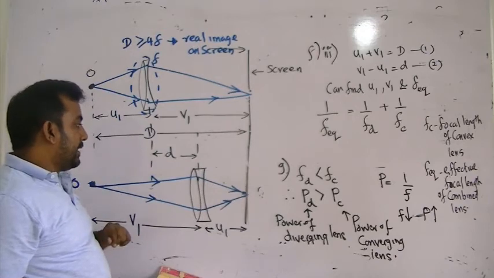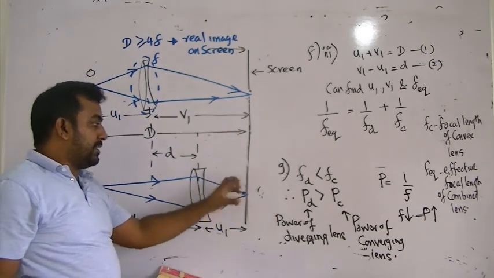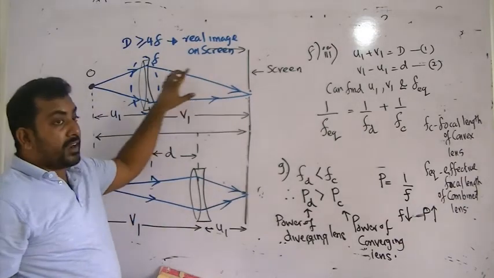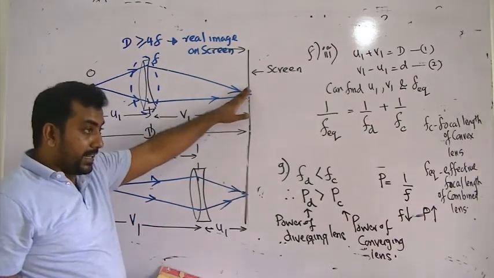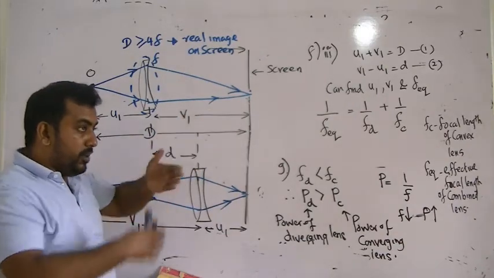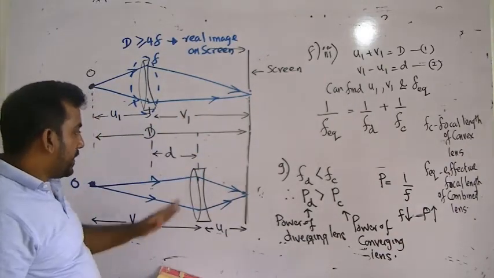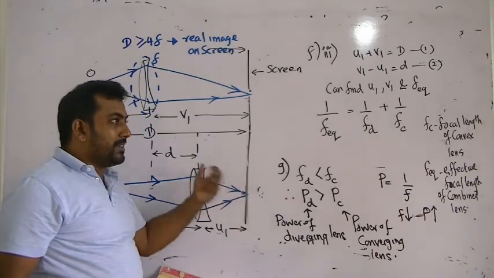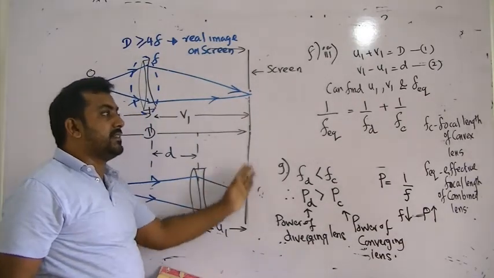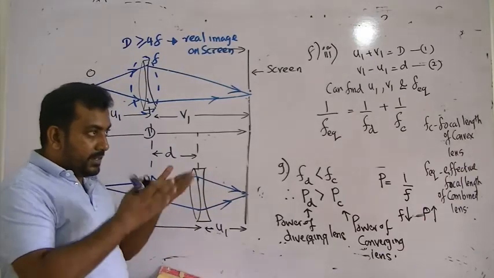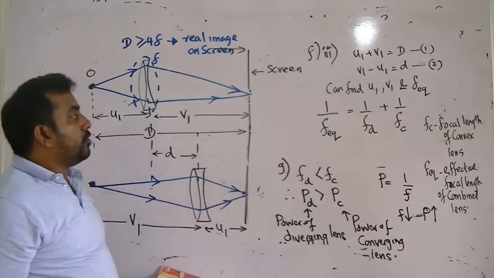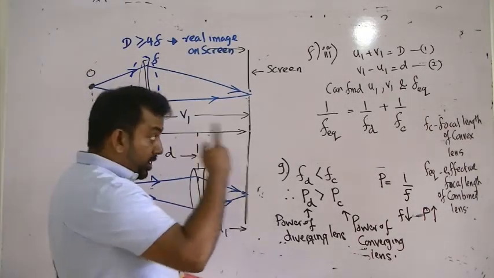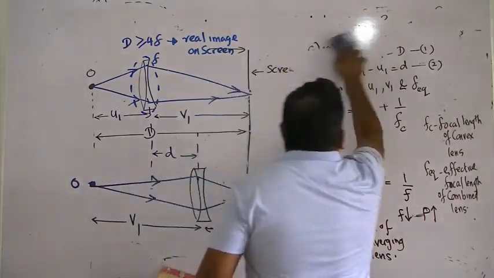Also, don't forget, the closer the lens is to the screen, the brighter the image. Why? Here the light rays have to travel far to the lens and far to the screen, so dispersion of light is more and loss of energy of light is more. But the closer the lens is to the screen, the shorter the distance to travel, so more light rays hit the screen, with less dispersion, and therefore a brighter image. I will add one more point to your knowledge.